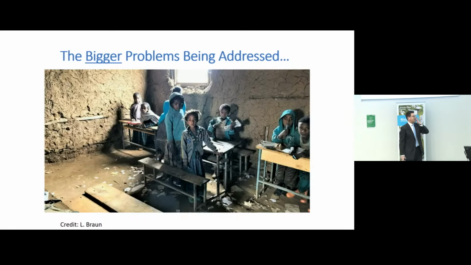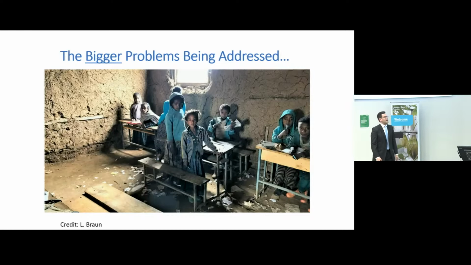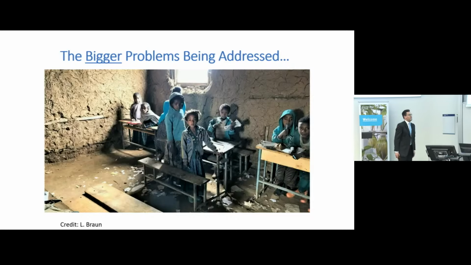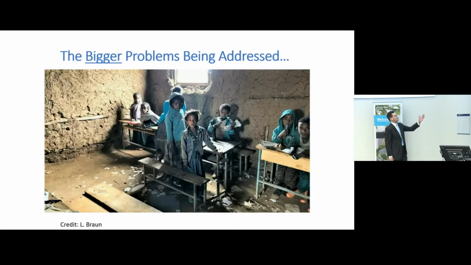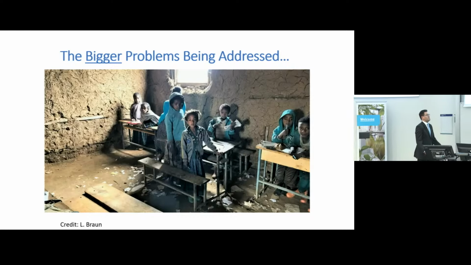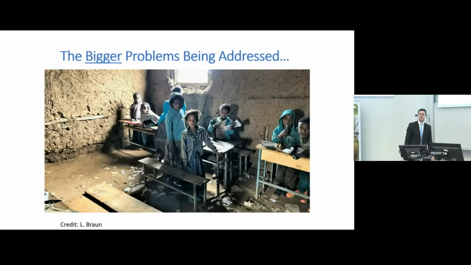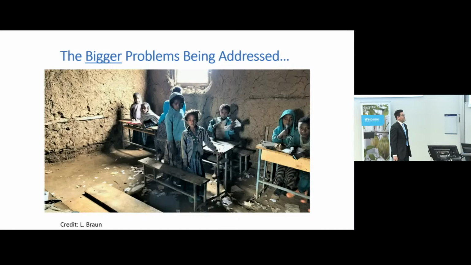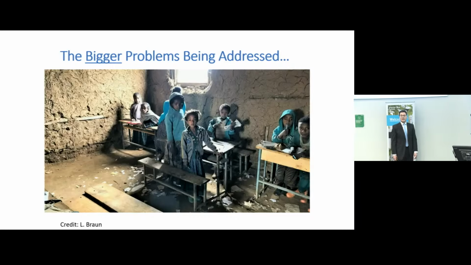And an example of some of the research that we're doing on this topic is related to this. Well, this photo brought it home for me. This was a photo that my former PhD student Laura Braun took when she was in Ethiopia. And she showed this to me and said, guess, how old do you think that girl is in the middle of the picture? And I don't know, you might guess 6 or 7 years old, possibly, something like that. And she's actually about 12, that girl. And it's because her growth has been stunted because she's got a number of helminth infections.